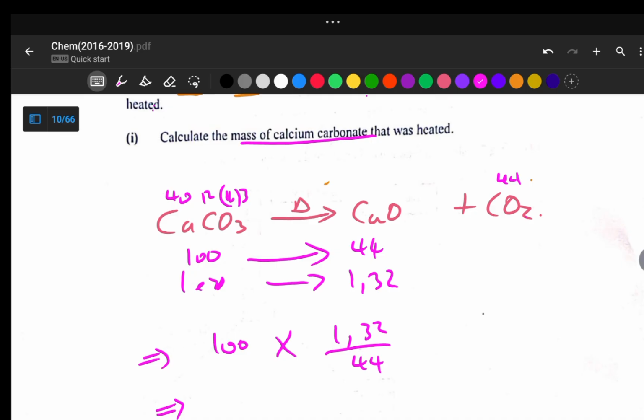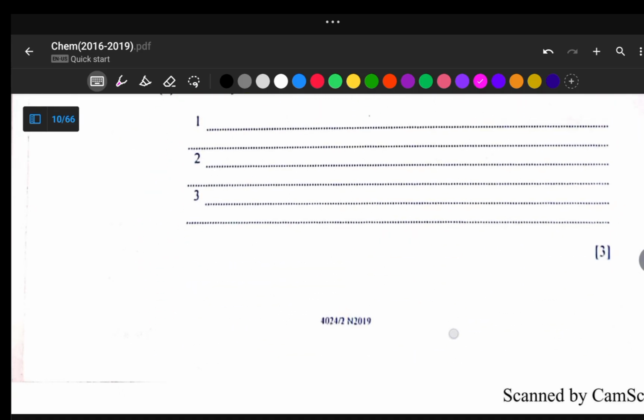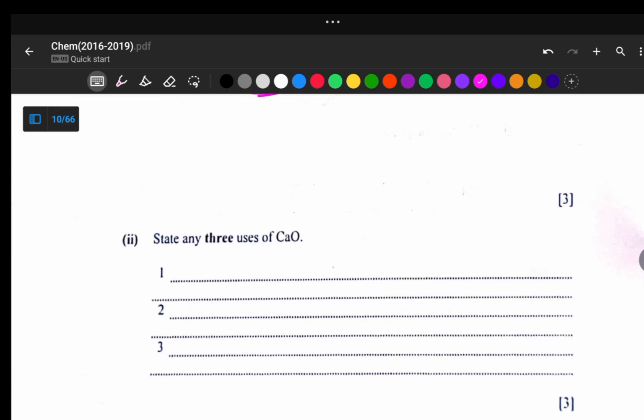1.32 divided by 44 multiplied by 100, and this will give us 3. So we're going to have 3 grams. Are we together? So we now move on to the next part, which says state any 3 uses of calcium